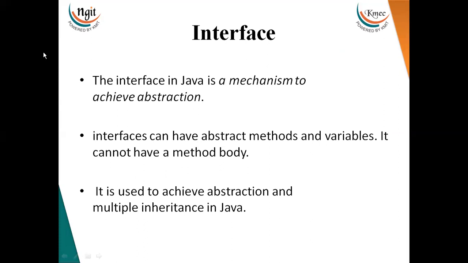So by using this interface, we can achieve the abstraction mechanism. As we know, abstraction means hiding unnecessary details from the user, right? To achieve this, we need to declare the abstract method. Abstract method means a method without body, that is called an abstract method. If you have an abstract method in a class, the class becomes an abstract class. So this is the abstraction mechanism that you can also achieve by using these interfaces that I am going to